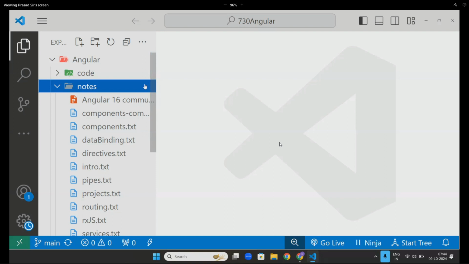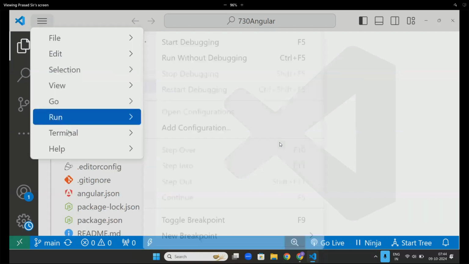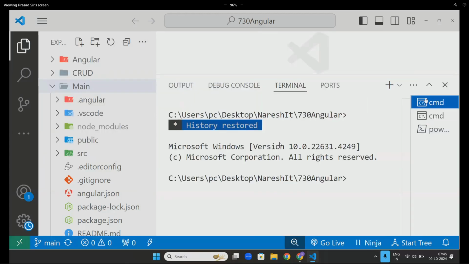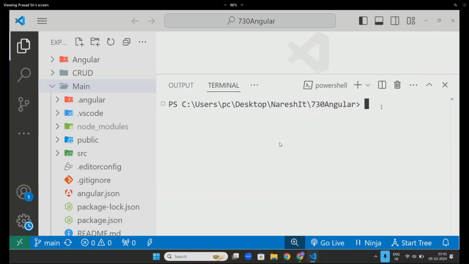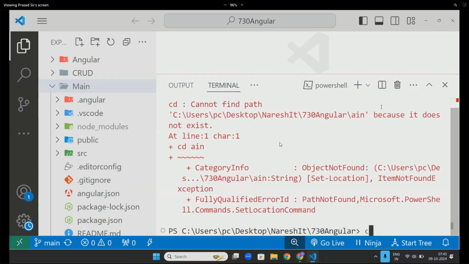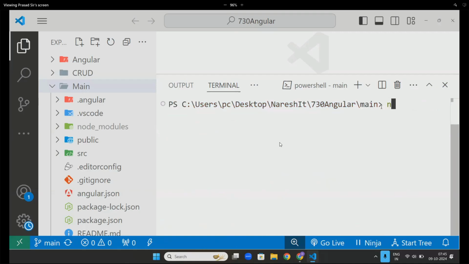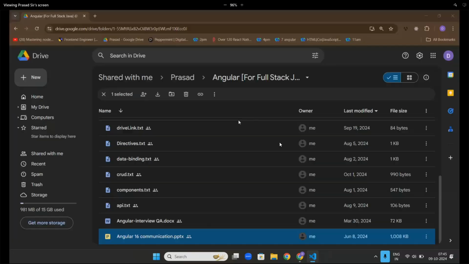Let's see the main project. Terminal, new terminal. cd main, cls, ng serve -o, which will open our application.